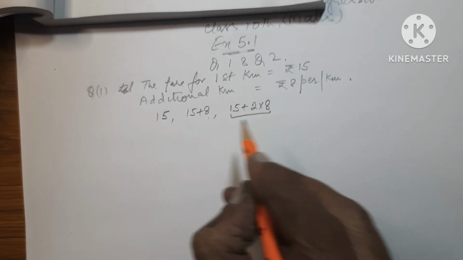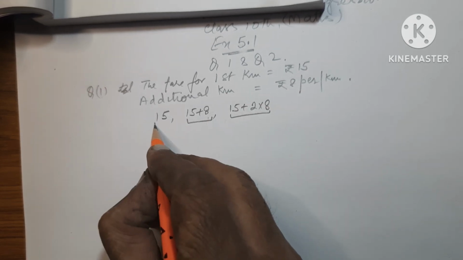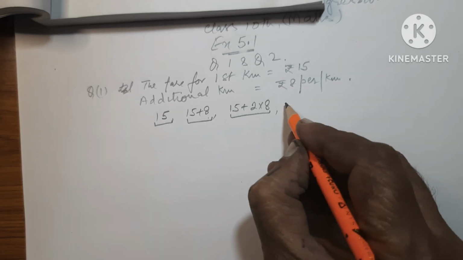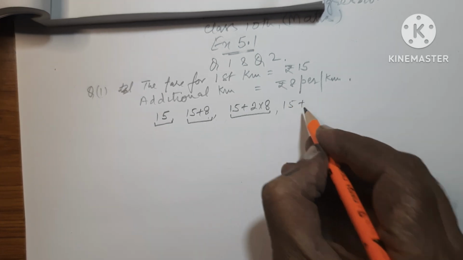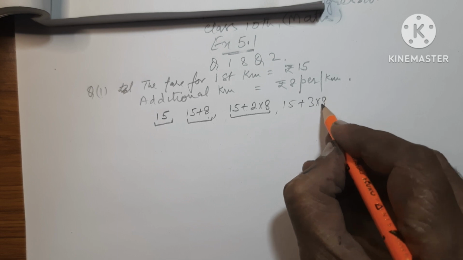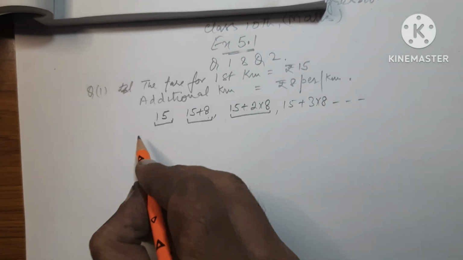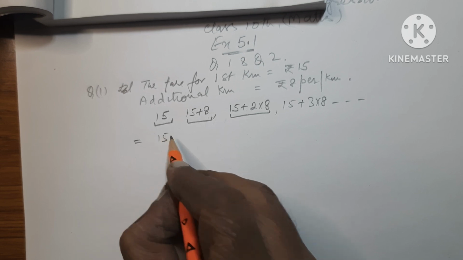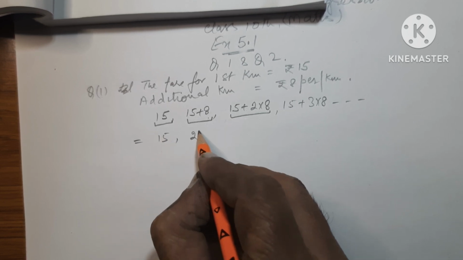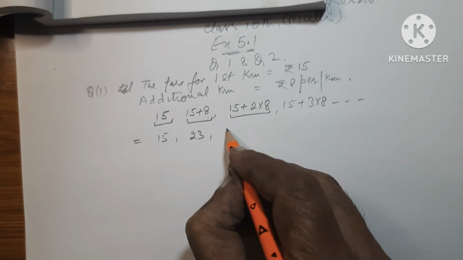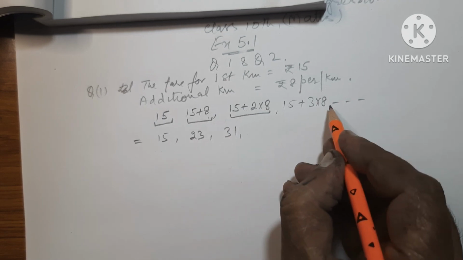This will be the third term, this will be the second term, this will be first. And next it will be 15 plus 3 into 8, and so on. It is equal to 15, 23, 31,